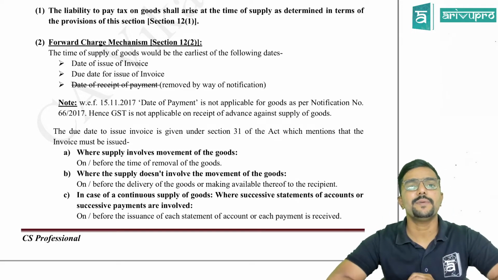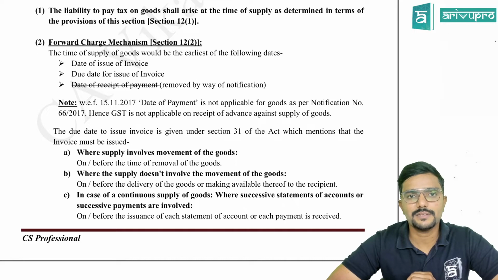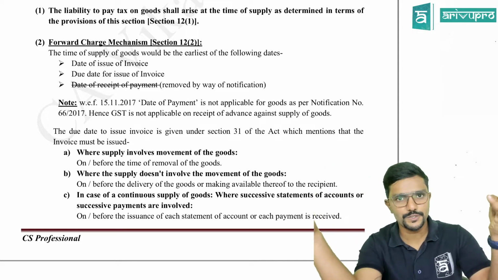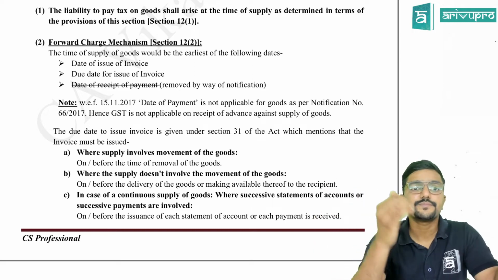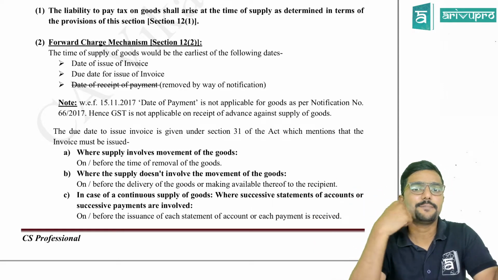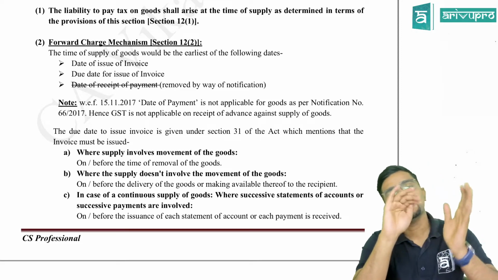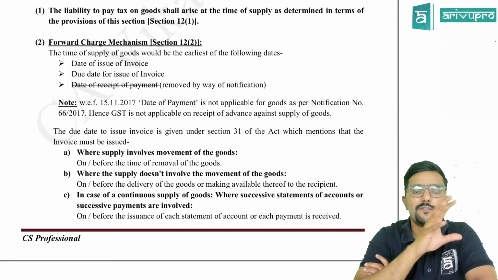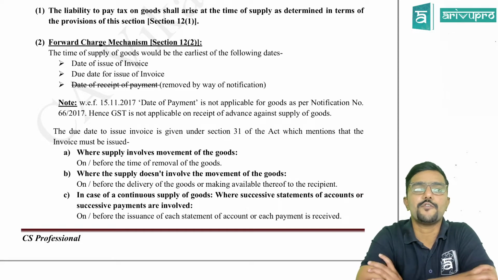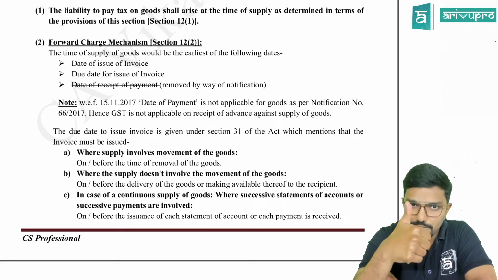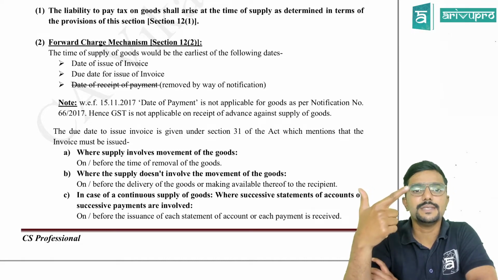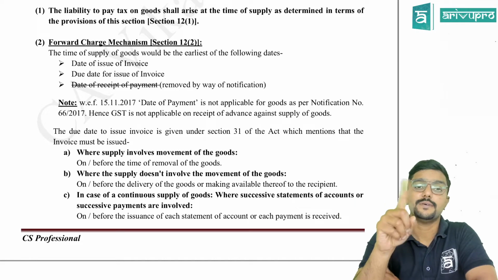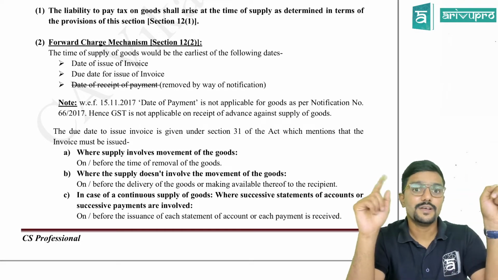Chalo. I will repeat again. Listen. Under forward charge mechanism, the supplier is the one who is liable to pay tax. So the supplier is the one who will supply the goods. He is the one who will issue tax invoice. He is the one who will collect the tax from the recipient and pay it to the government under forward charge. Next, coming to reverse charge. Recipient. Whenever reverse charge is there, we need to think from the recipient's point of view. So the recipient is the one who will receive the goods. He is the one who will receive the invoice or any other document. Then he is the one who will make the payment. Supplier will receive. Recipient will make it.